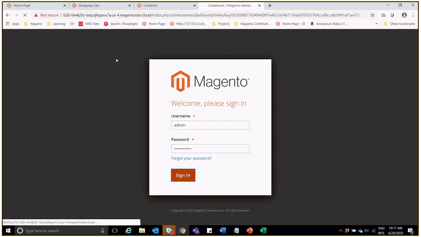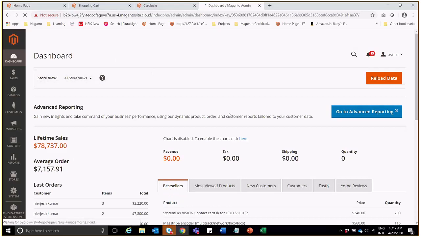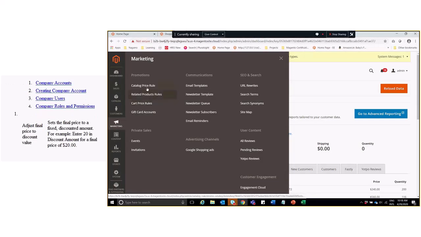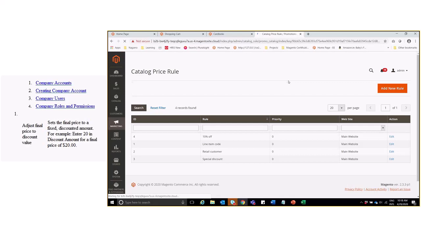I'll showcase where to do this. This is the backend, which the ASABloy team is going to have access to. Over here, if I go to marketing, I have catalog price rule, cart price rule, related product rules, those kinds of things. If I go to the catalog price rule, is this the one, the 10% off? Okay, now if I edit this particular rule, which is on the product level, not on the cart level,